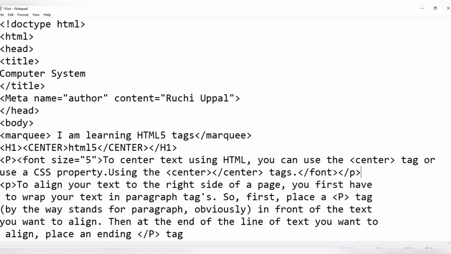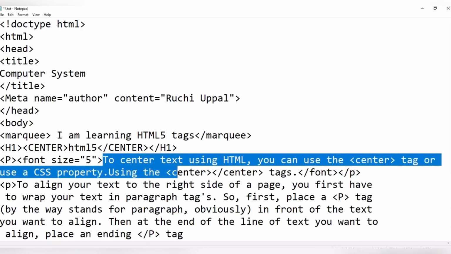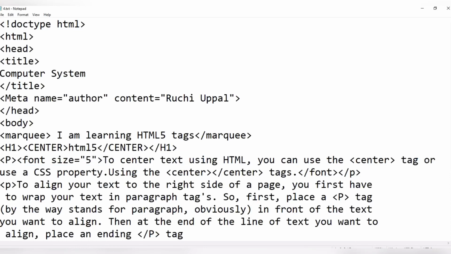Clear? You just see here, I am using this font size 5 here, and I am closing it here. So let's see what happens if I apply font size 5 to this particular line. Control S. Let me save the file as I'm doing it for the first time.